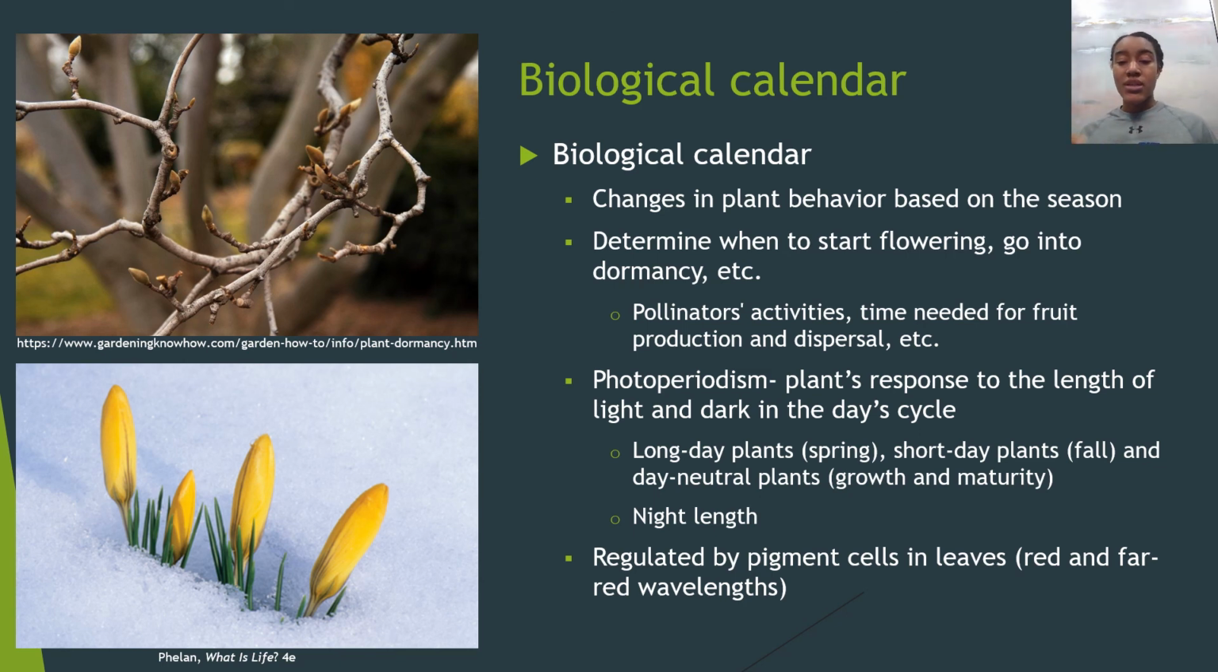And then the short day plants know that it's fall and it's time for them to undergo flowering and maturity and reproduction, when the days are shorter, aka the nights are longer. So this is all based on nights. When the nights are longer, the short day plants will grow and they'll flower. And so around this time, things like pumpkins and apples and all that stuff are short day plants, because they have